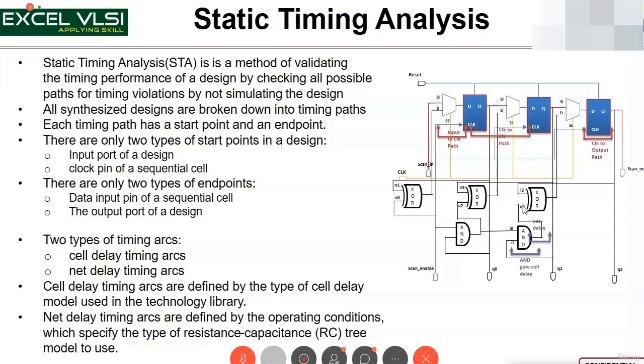When you have taken a physical database, then net delays also will be added. And then XOR gate cell delay, and now XOR gate output net delay. And here it is coming to mux delay, and even this net delay. Then the setup time of this D flip-flop, right? So like that, the circuit is split into multiple timing arcs and flop to flop,